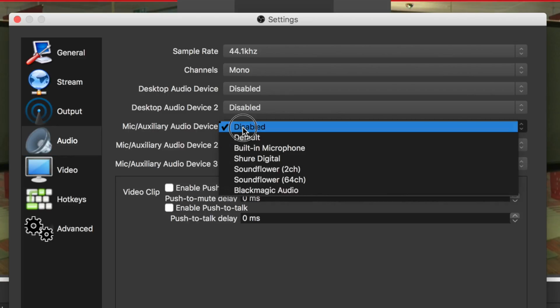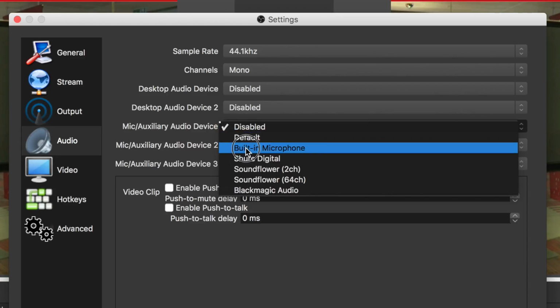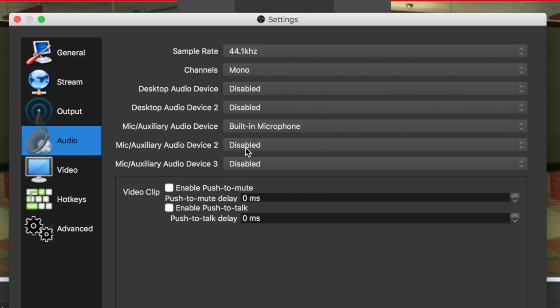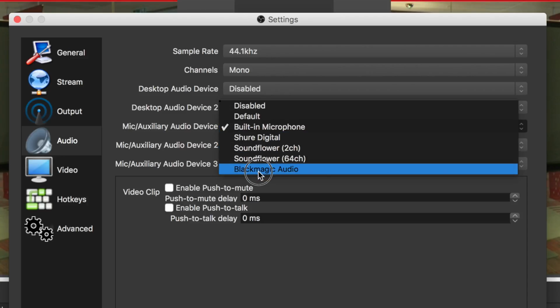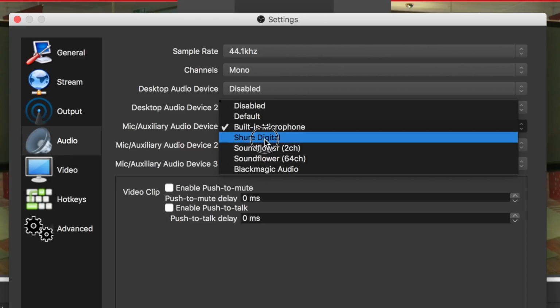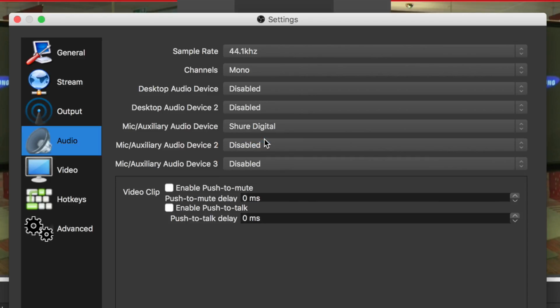If you click on the drop-down box, you'll see that you can just use your built-in microphone, the one that's in the laptop. Maybe if you're using your webcam, that might be good enough for you. Or you might like maybe using a USB sound card. In this case, I'm using a Shure digital device. And now if I select that, if I plug my microphone into the Shure device, it will then appear in